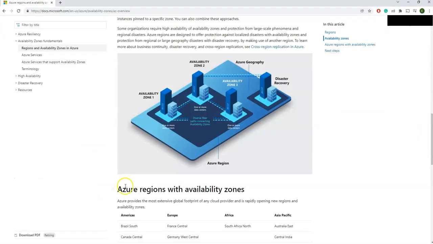The third option is here. It is across the geo, like your primary data center or primary region is your South Asia, and the other region can be your European or North American data center or region.